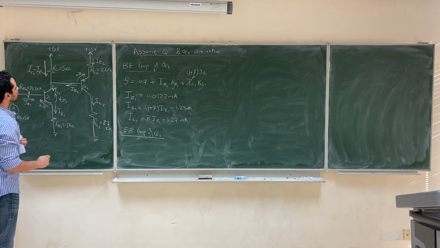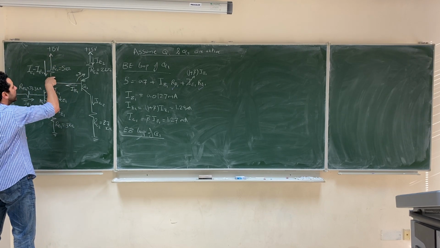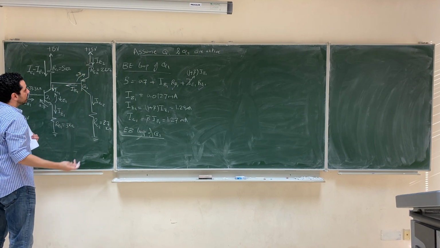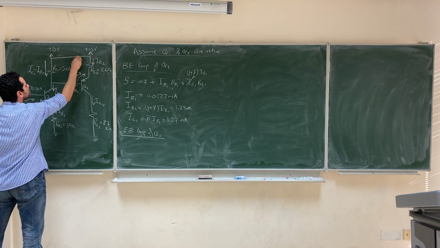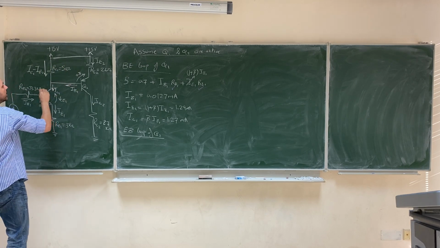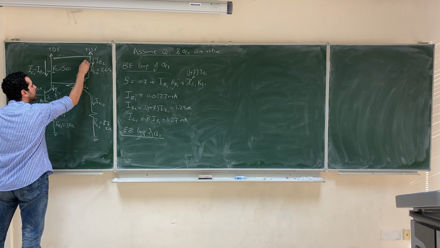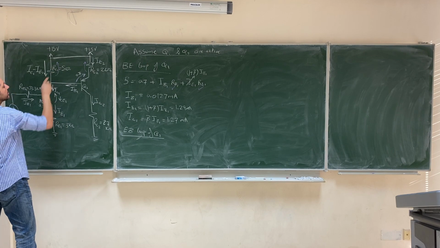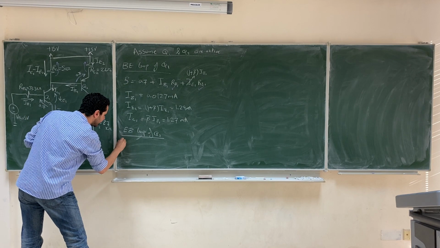The emitter base loop of transistor number 2 says what? Says that 15 volt minus the drop here plus 0.7 plus the drop here equals 15. So basically 15 will cancel with 15. If you take this loop, it's like these two sources are short circuit, right? They have the same volt exactly. So if we take this loop, you have a drop here, 0.7, you have a drop here IE2 RE2, and you have a drop here, which is this current multiplied by RC1, right? So applying KVL in this